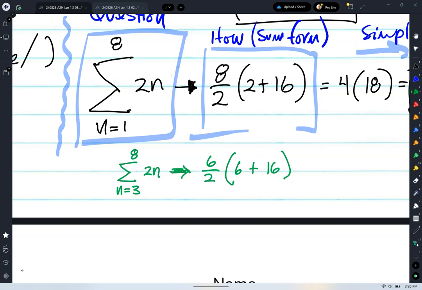Whoa, yeah, what's going on there? Wait, where does the sequence start? At what term? The third term number. Where does it end? So how many term numbers are in this problem? Oh, not 8, 6. 3, 4, 5, 6, 7, 8. There's only 6 terms in this sequence. Oh, this is a partial sum. We can do this at any part of the sequence. We need to know how many term numbers there are, and then we plug them in, and then it's the starting term number, which in this case is 6, and the ending term number, which is 16. Okay, so this